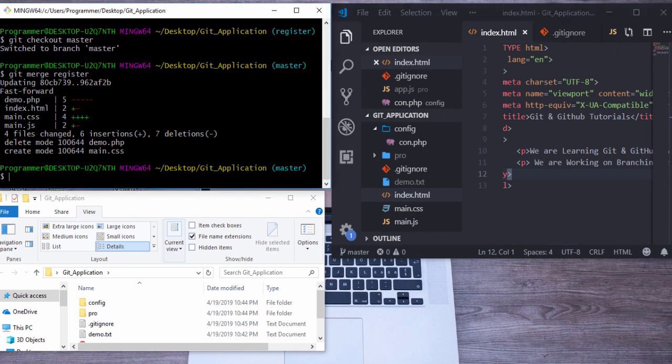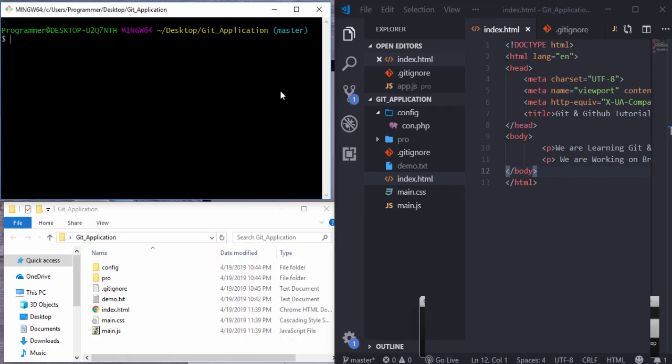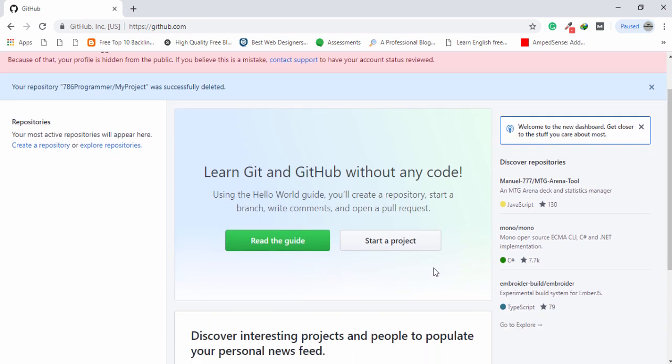Now let's talk about how you can upload your project on your GitHub account. The first thing, we need to create a repository on GitHub. So let's get started. Open your favorite browser and log in to your GitHub account. Once you have logged in, you are able to see two buttons: start a project and read the guide. So I'm gonna create a repository, so we need to click on start a project